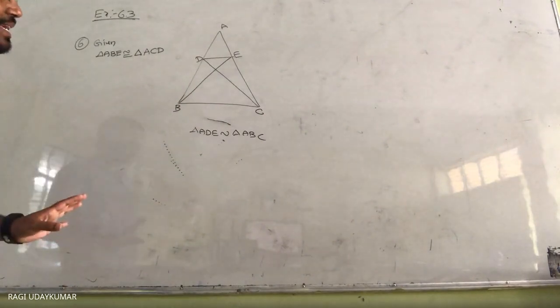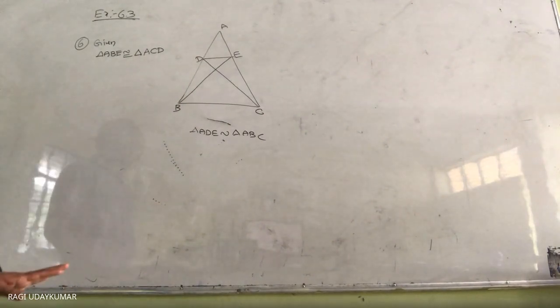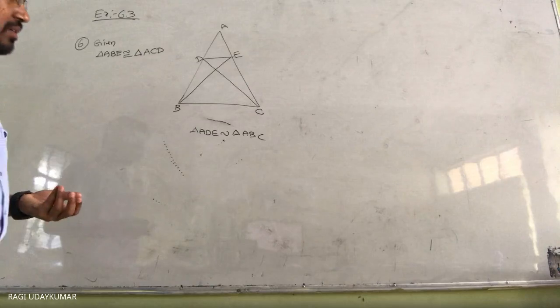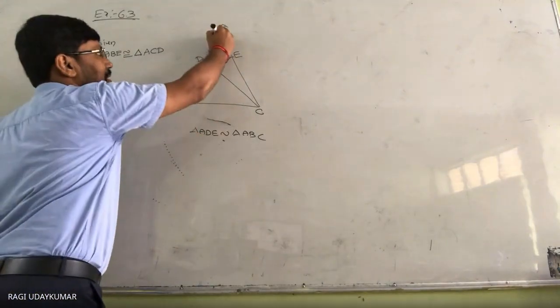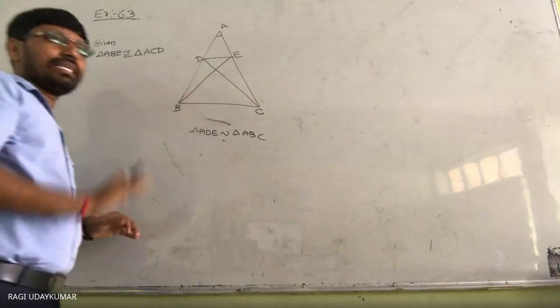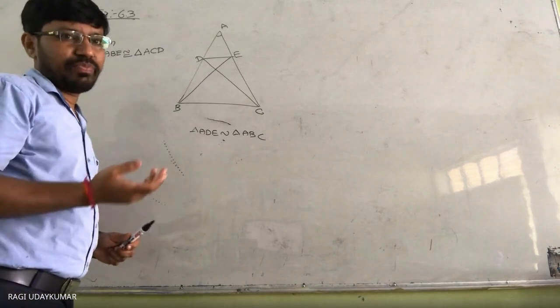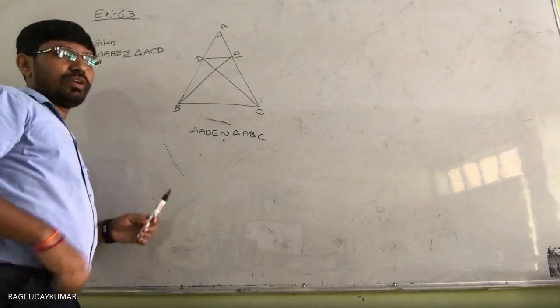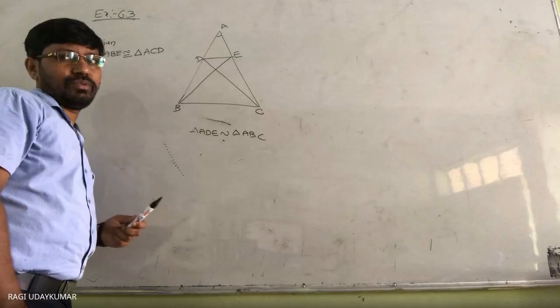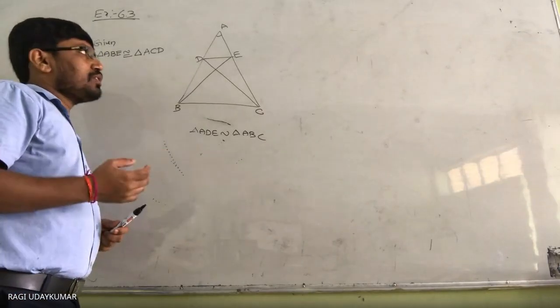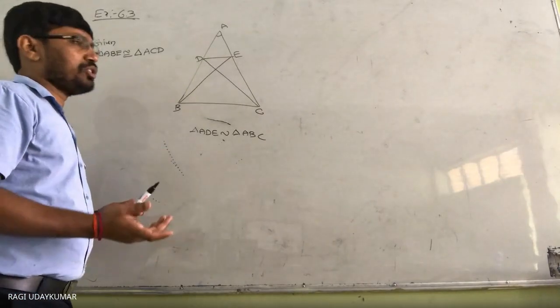So in both the triangles, one angle is common. You need to see like this. In both the triangles, this angle is common. If one angle is equal in both the triangles, and any other one angle is equal, then you can say that the two triangles are similar. Or any two corresponding sides should be in proportion. वो भी देखना. So whenever you see the corresponding sides in proportion देख सकते हैं.